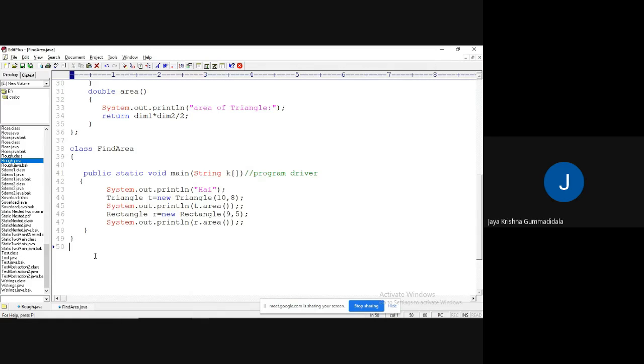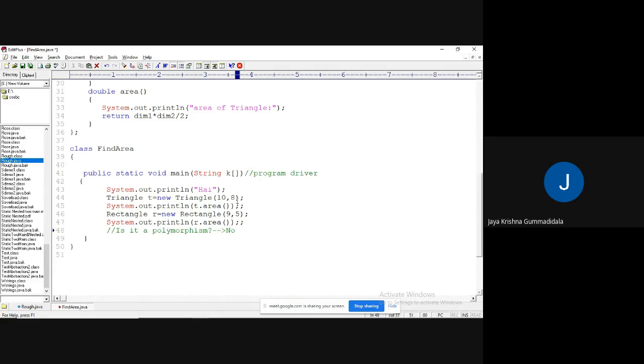Now my question is, whatever I have explained up to here, is it a polymorphism concept? Tell me. The answer is no. Why?